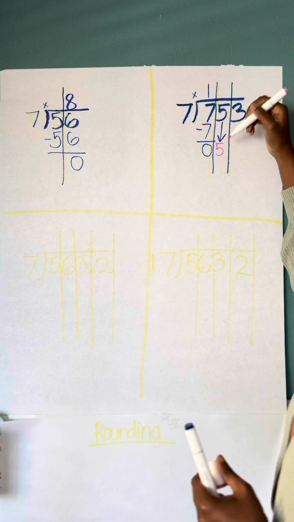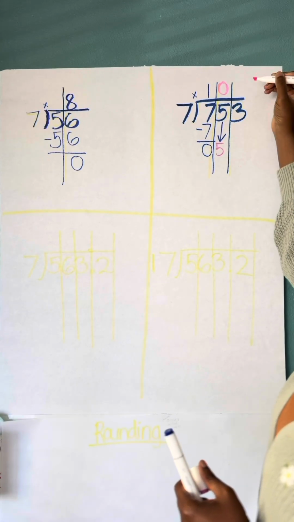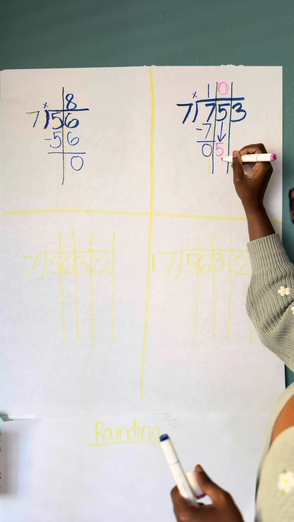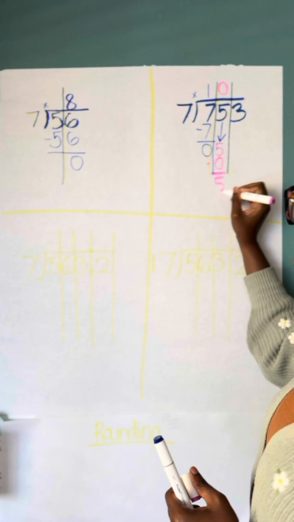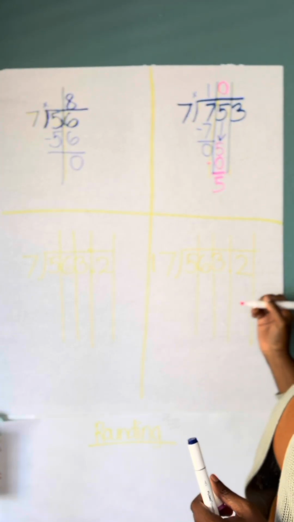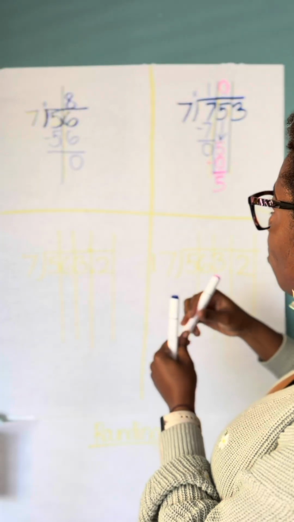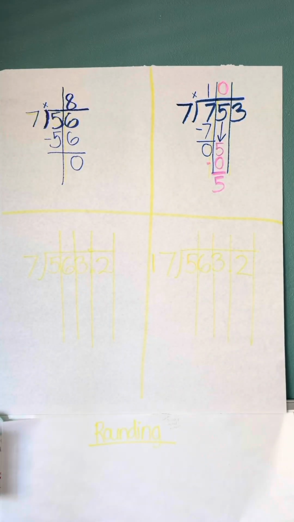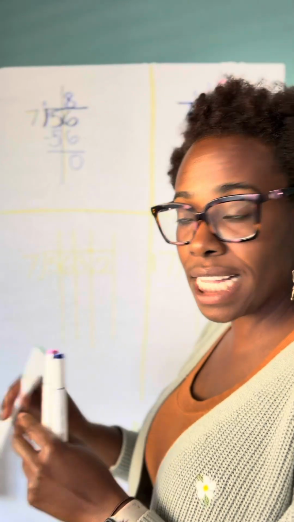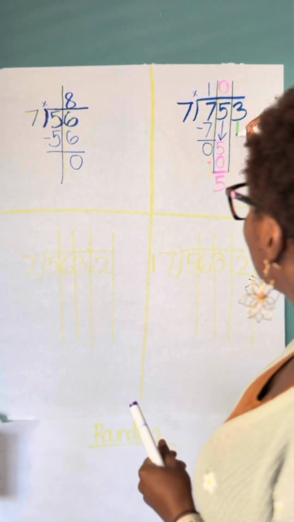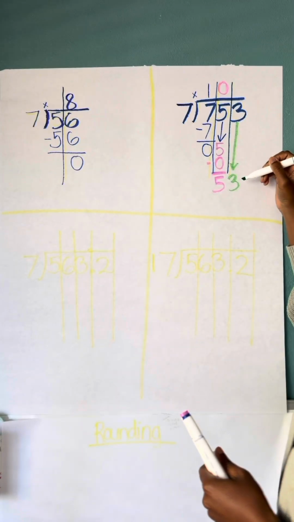How many groups of 7 can be found in the number 5? 0. 7 times 0 is 0. Now I'm subtracting, and the answer is 5. 5 minus 0 is 5. And then I'm going to bring down the 3. I'm using a different color. You don't have to do this with your kids. This is something that I do because it helps them to see how many groups of 7 go into